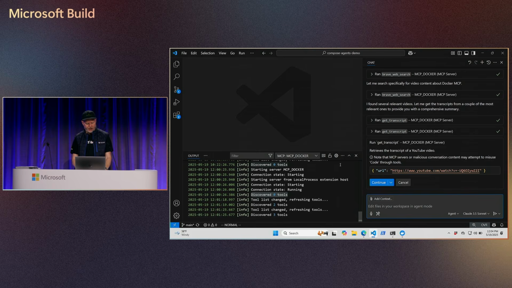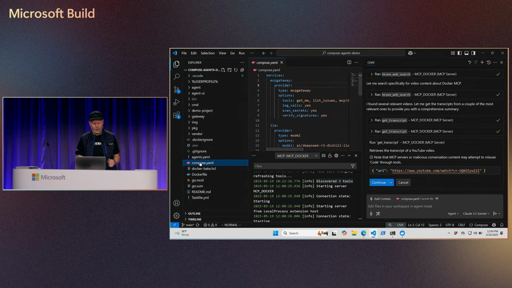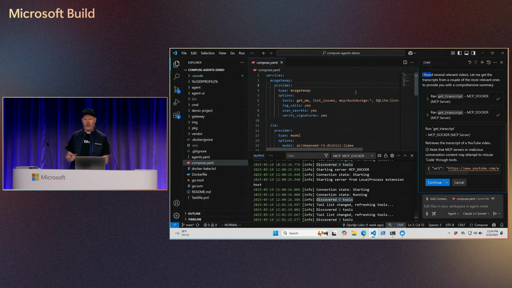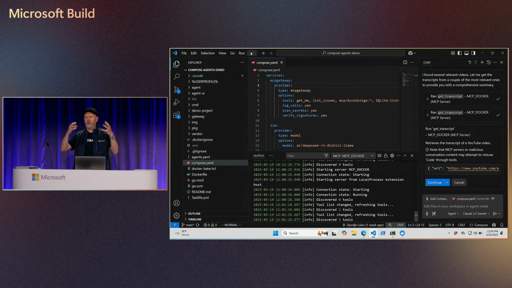So I'm going to let that go, and I'm going to switch gears a little bit, because so far, we've talked about pulling models, we've talked about pulling tools. Let me open up something called Compose YAML file. This is Compose YAML. This is another format that Docker has, that you as developers may traditionally have been using in order to compose different services together. But what is an agent other than composing tools and models together? So let's extend that analogy.